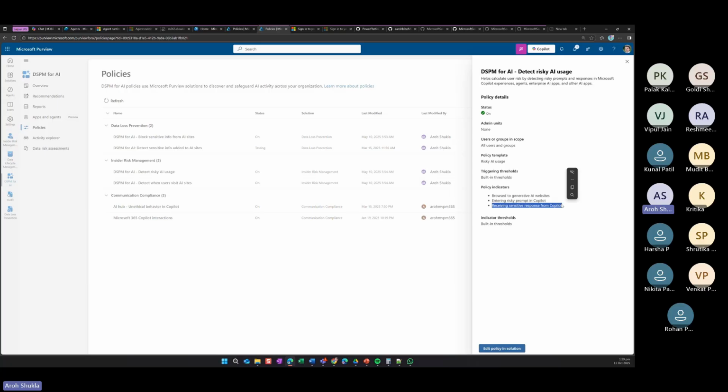Now I can talk about these policies for 1 or 2 hours, but in this 1 hour time frame, I just want to give you what is possible and what is not possible using the Copilot interactions. I can have one session about entire policies with Copilot, but this is an overview of how it can be used by organizations. In general, what we have seen is that Copilot Studio can be used as no code, low code, pro code.